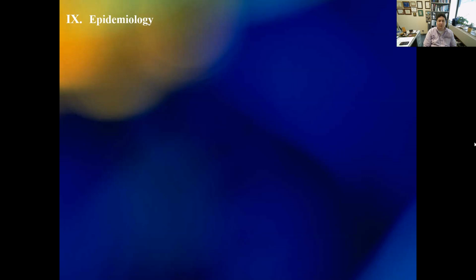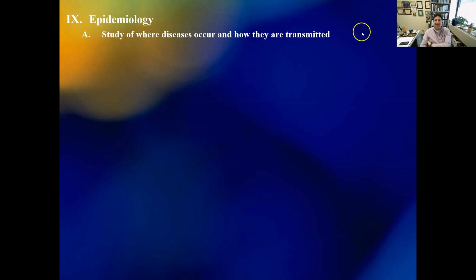All right, everybody, let's go ahead and pick up here with part 2 of our discussion of infectious disease. So last time we looked at really the main topic, the chain of infection and how breaking that chain is essential for disease control. Now what I want to talk about next is the science of epidemiology. Epidemiology, everyone, is not studying a disease per se, but basically where diseases occur and how they're spread.